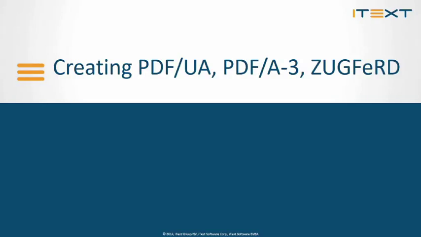Okay, so Bruno gave you the introduction to several standards in PDF. I will now handle the practical stuff, how to create such PDFs that conform to these standards from a Java point of view using iText. I won't go into all the details of all these standards. Instead, I will highlight some important points and show in a very practical way how you can achieve having these requirements or restrictions in your PDF document to have something that conforms to the standards.